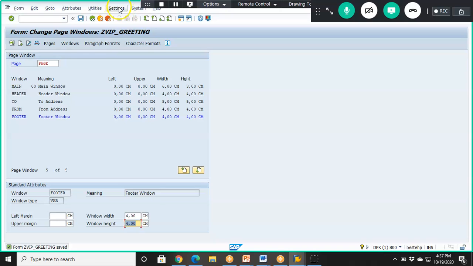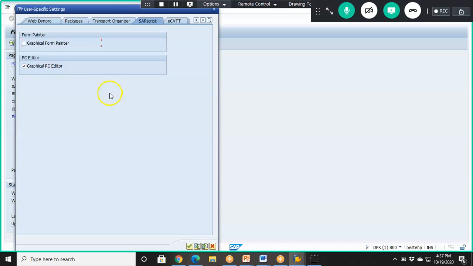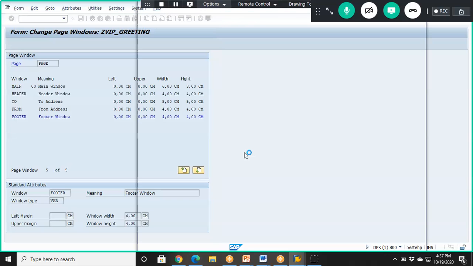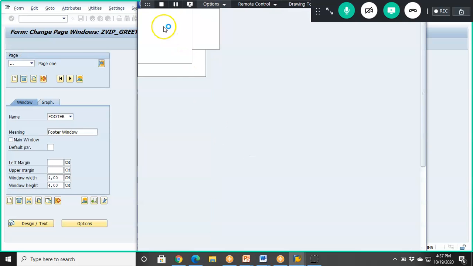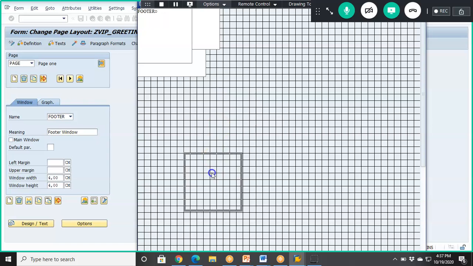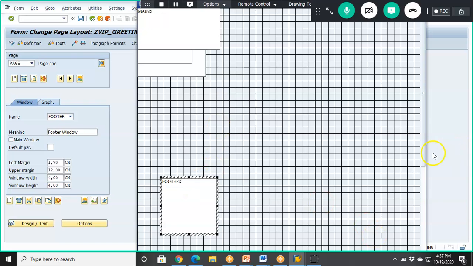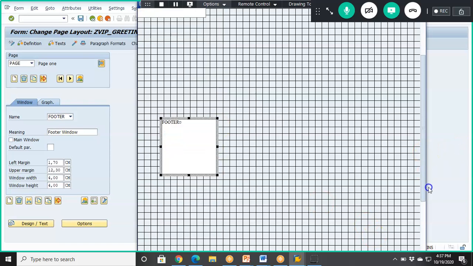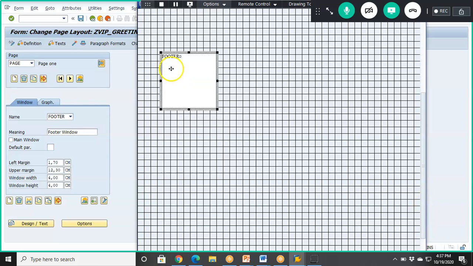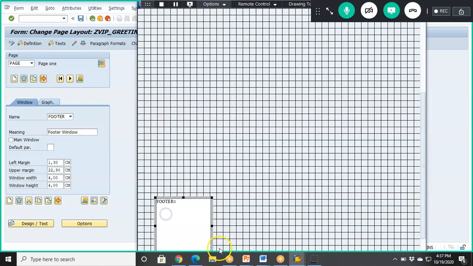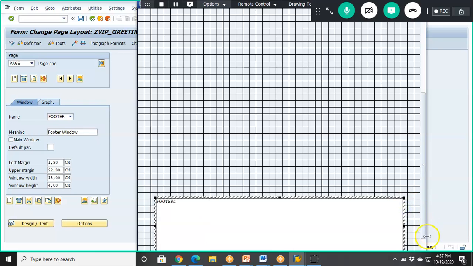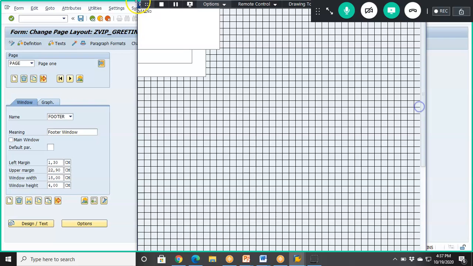So for that we'll go for settings, form painter, and in this we'll click on this graphical form painter, say OK. So in this, these are the windows, so we can adjust these windows' length and position. So I'm going for this footer at the bottom. Okay, done. Here main window,